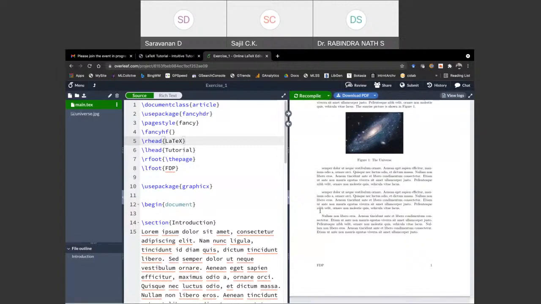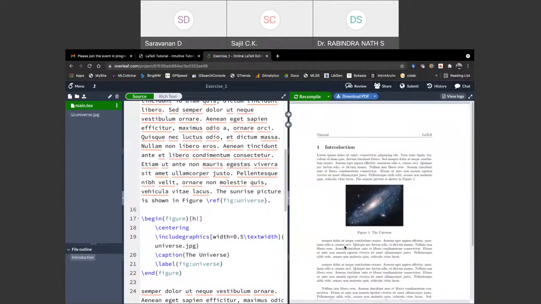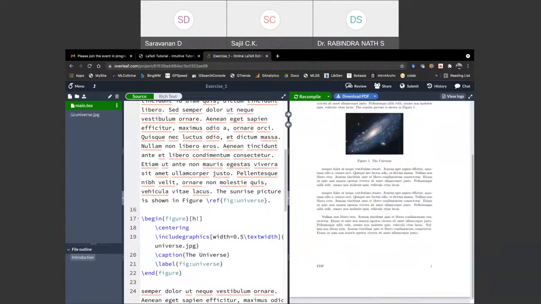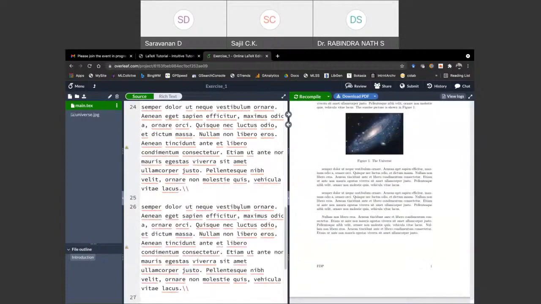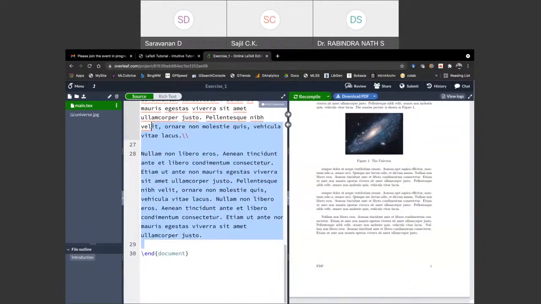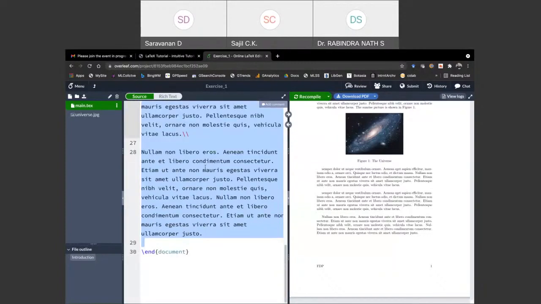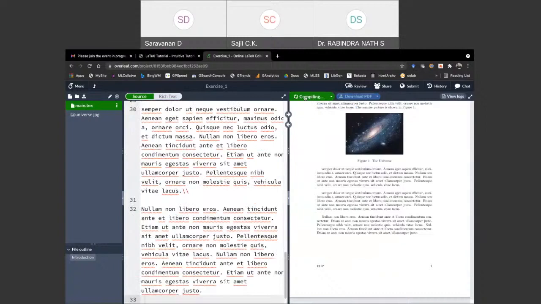If there are two pages, everything will be the same, but there will be one more page. Let me try to add some content so that you will be able to see the change. So you will have one more page.